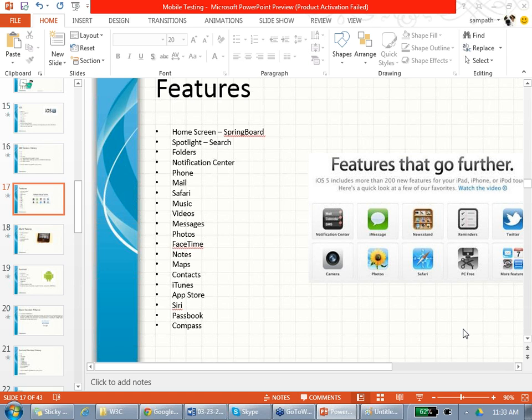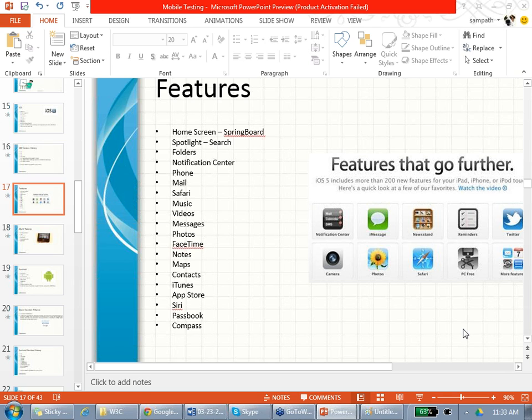And then there is iTunes. They are changing the look, but not the functionality. There is the App Store. Yes, we can get charged for that. And there is Siri. I still don't know how it is still working. And there is Passbook. I don't know if anyone used that. Passbook is like a wallet. You can put all your credit card information and apps on it, so you can pay directly from your Passbook.